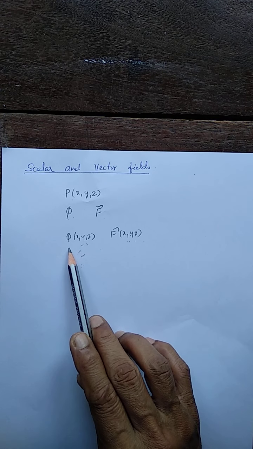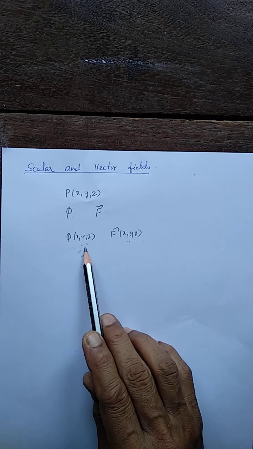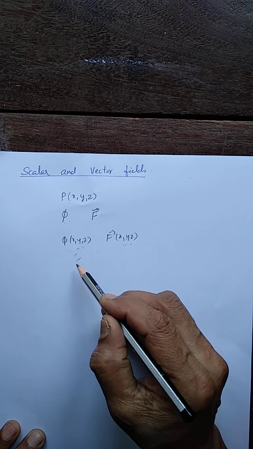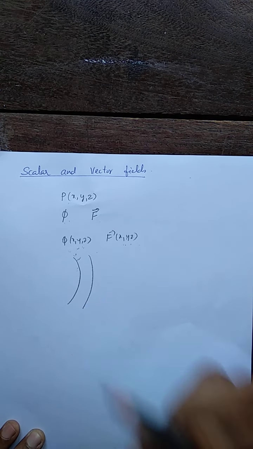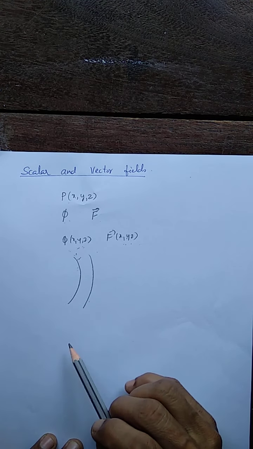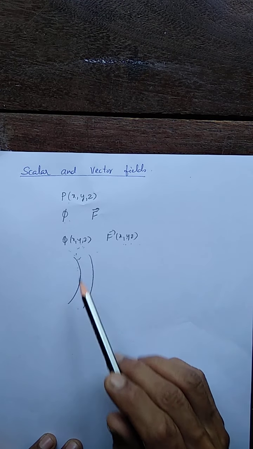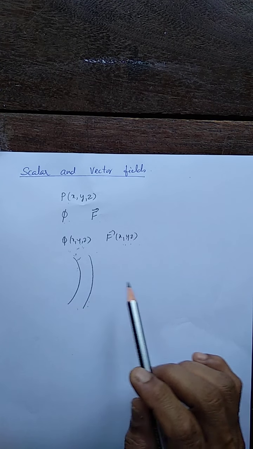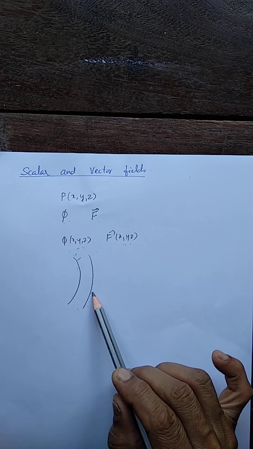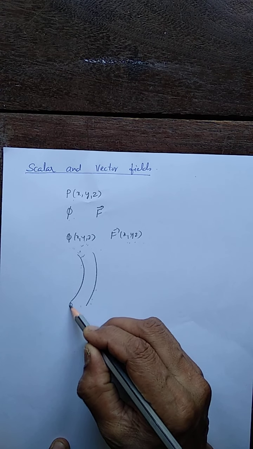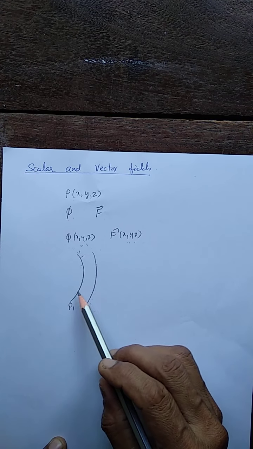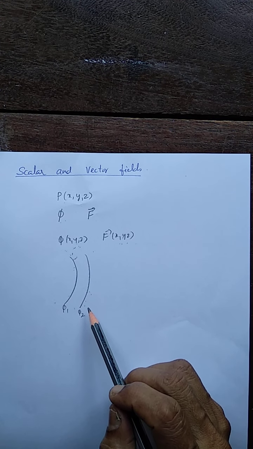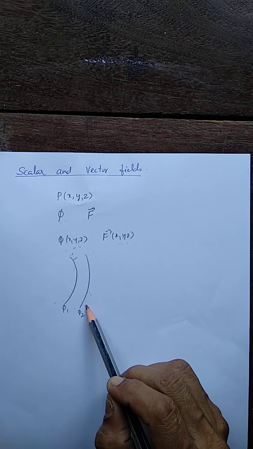A scalar field is usually denoted or defined by the function phi(x, y, z). And we represent this scalar field function by level surfaces. See, these are nothing but the level surfaces. This is the representation of the scalar field function. Suppose the scalar field is the distribution of temperature in the medium. In that case, the level surfaces having different values, say phi 1, phi 2, etc., are called the isothermals.